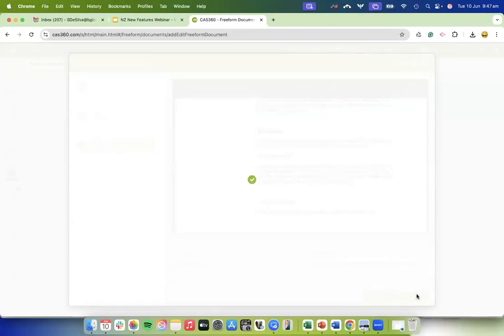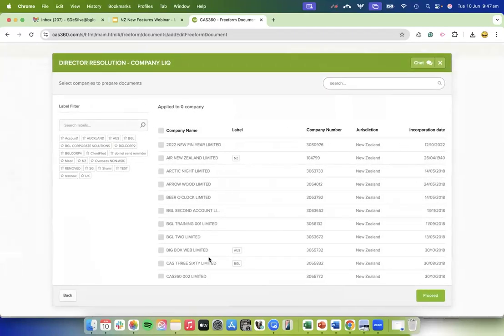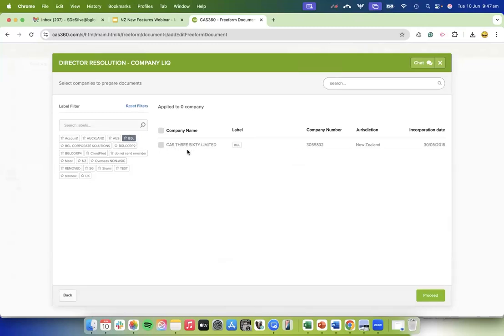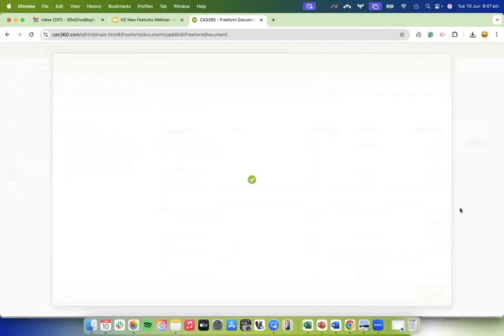So if I hit save and proceed here, that'll now bring up my company selection screen. So we've added labels to this option as well for you to just easily filter the screen. So let's say I wanted to apply to one of the companies that have one of these labels. So I can easily select the company there and then hit proceed. So you can pick whatever company that you want. So I can just say maybe it's just the first company that's liquidating and I just need to apply it to this company. If I hit proceed here,